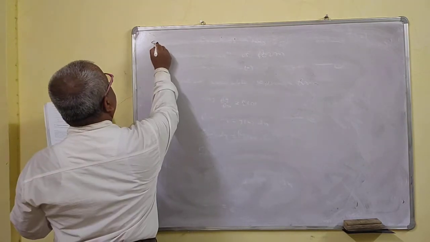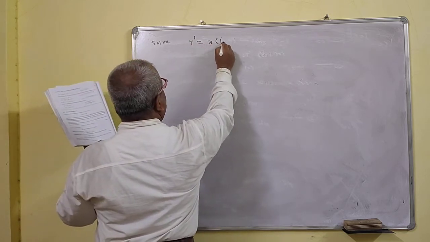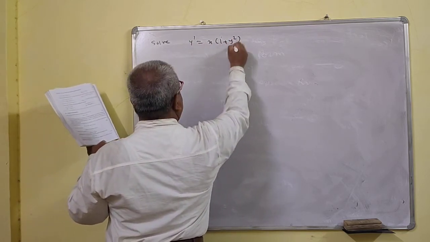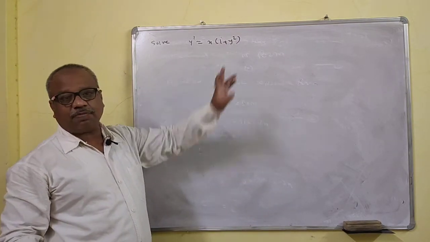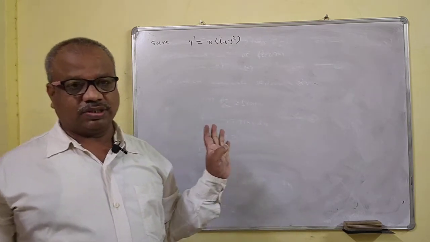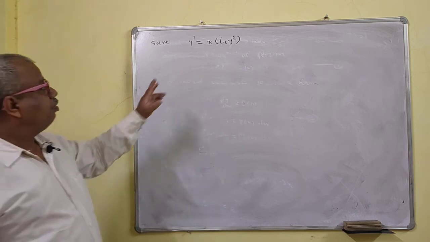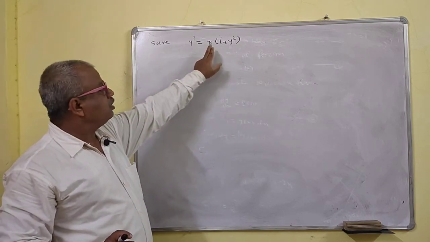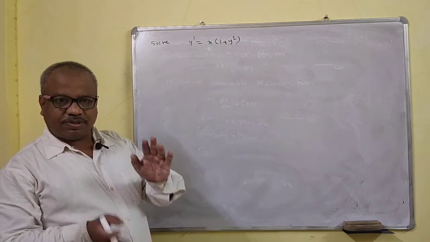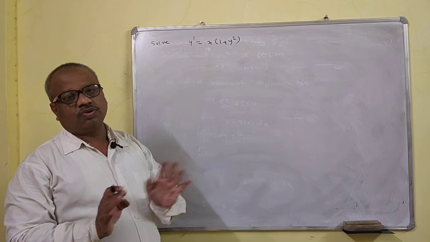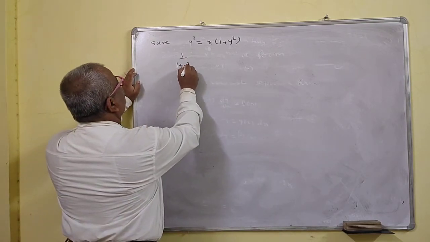Solve y prime is equal to x into 1 plus y square. Only a command will be given like this. So now see, here is y square, that means this is not a linear differential equation. This is the product of the function of x and function of y. If there is a product or division of the function of x into function of y, it is a variable separable form. You can shift 1 by y to this side.